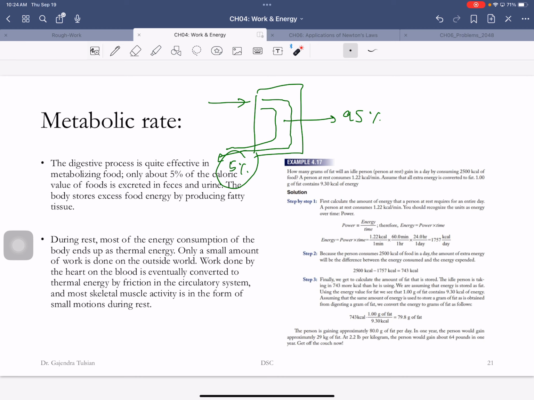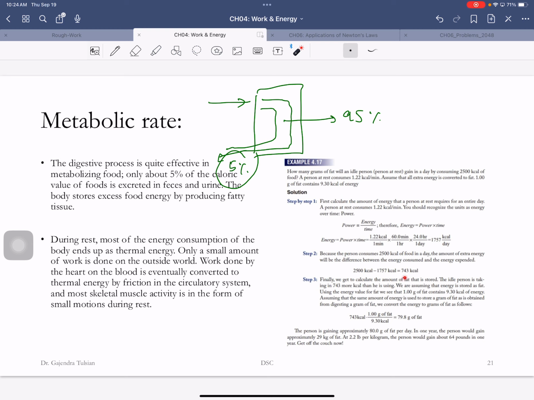What this shows you is energy consumed per day is power times time. So that's how much energy I would consume, 1,800 calories per day. That's what that shows. But I ate 2,500 calories. So if I eat 700 excess calories a day, how many grams of fat is that? So that's the problem.